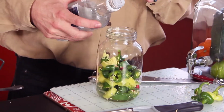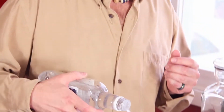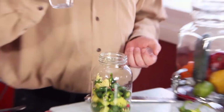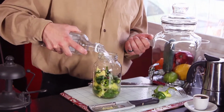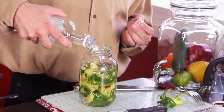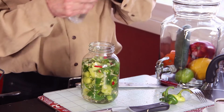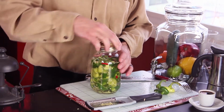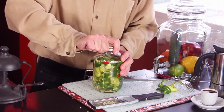In fact, these little pour spouts are great if you're doing a count for your drinks. If not, just take it off. I can smell that coming up off of the vodka right now. And you simply take a top, screw it on,